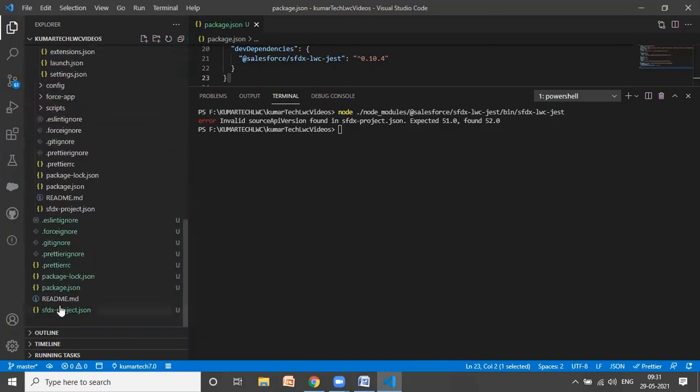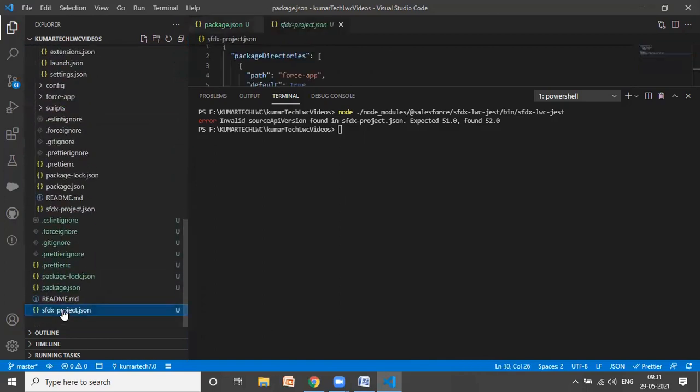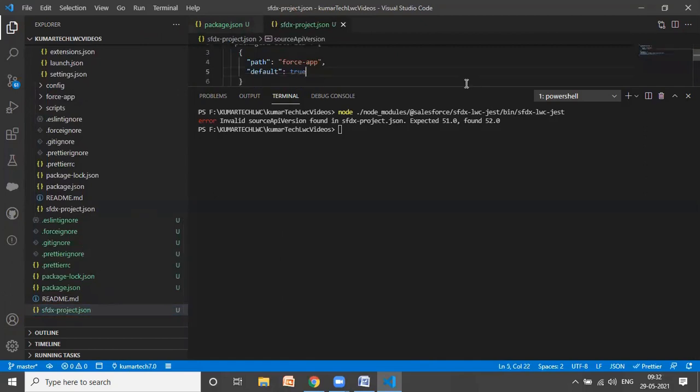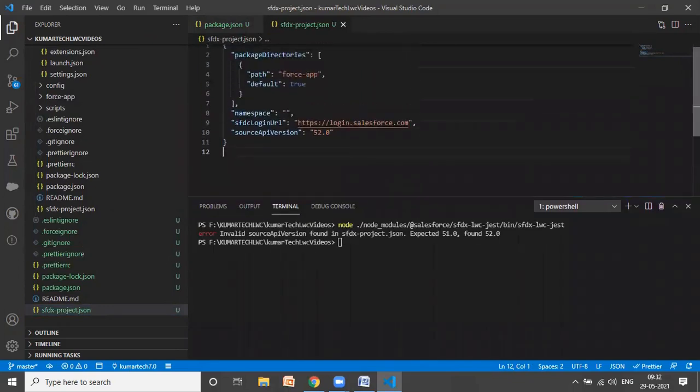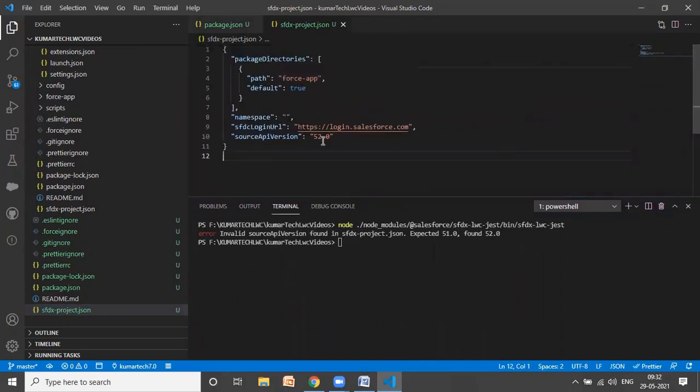Go down. This is my sfdx-project.json. Let me go here. Basically they were expecting version 52. Let me save it. Let me run this command again.